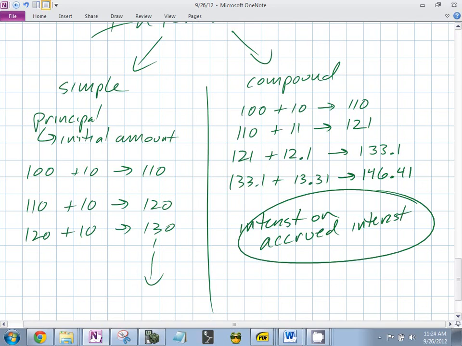It's a much more what? Exponential. It's an exponential function. That's correct. This is an exponential function. This is a linear function, and this is an exponential function. Exactly. So that's the difference functionally. I just want you to understand that difference. You generally see compound interest. And just to talk about this a little